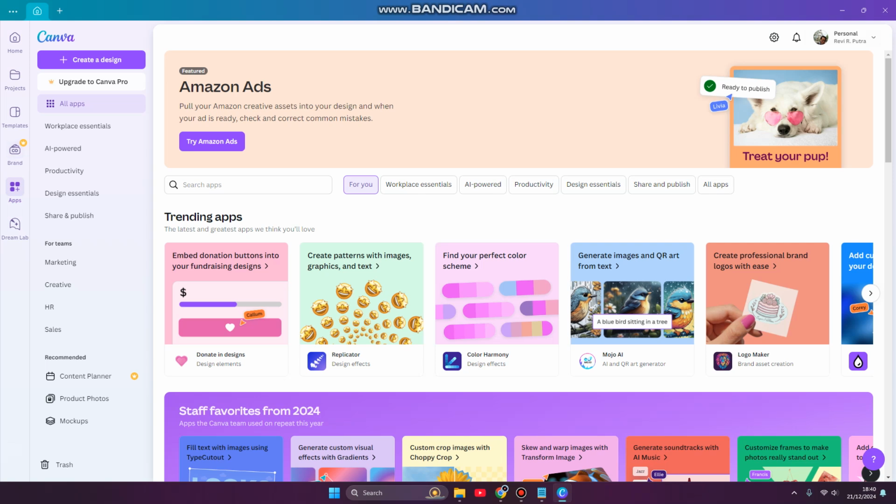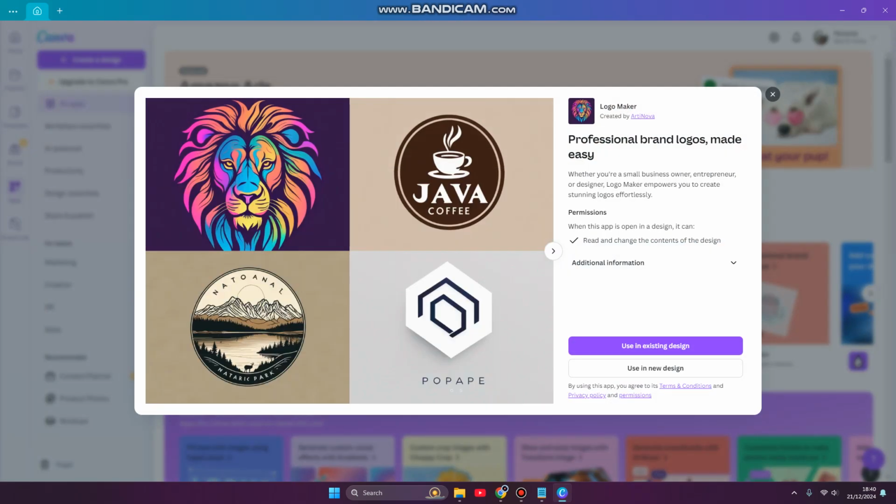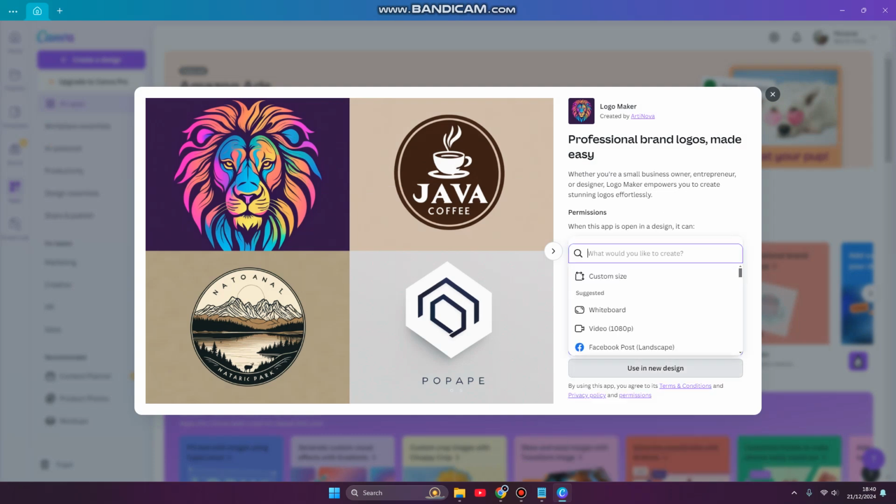So here you can click on apps and try to search under the trending apps. There is a logo maker, so you can create professional brand logos made easy. Whether you're a small business owner, entrepreneur, or designer, logo maker empowers you to create stunning logos effortlessly. So click to use new design, and let's start with the